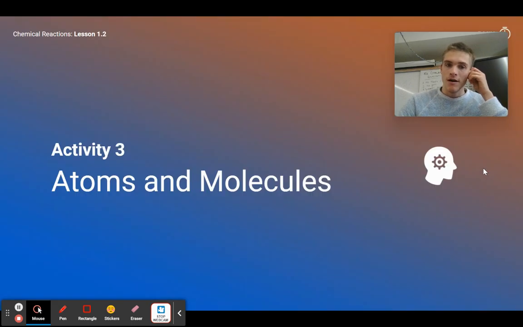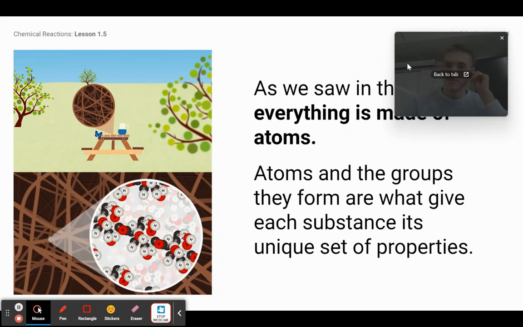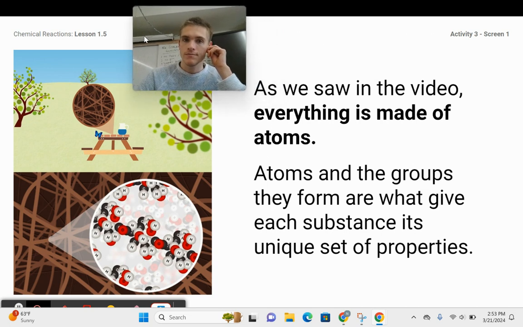It all boils down to atoms and molecules. Atoms are the tiny pieces that all matter, all the stuff in the world, is made out of. I'm made out of atoms, you are made out of atoms, everything we see around us is made out of atoms. As we saw in the video, students,